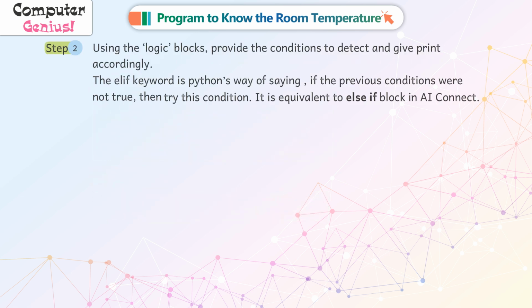Using the logic blocks, provide the conditions to detect and give print accordingly. The elif keyword is Python's way of saying, if the previous conditions were not true, then try this condition. It is equivalent to else if block in AI